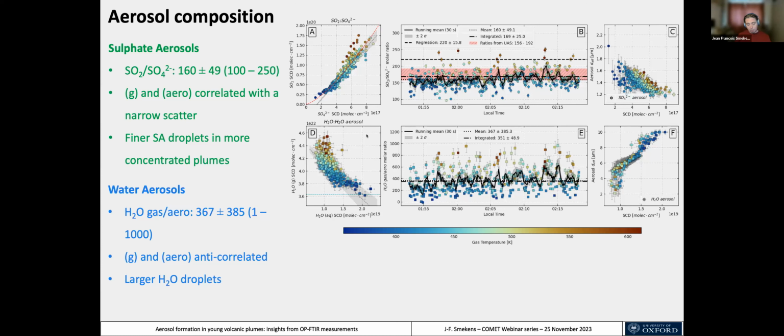And so this is the result of, we've tried retrievals using sulfate aerosols, water aerosols, and silicate ash, and every combination thereof. And the best fits were produced when using an external mixtures of sulfate and water aerosols. And so these two plots show on the left the partition between the gas phase and the aerosol phase. In the middle panel is a time series of the ratio between gas and aerosol over time. And then on the right is an evolution of the size of the aerosol